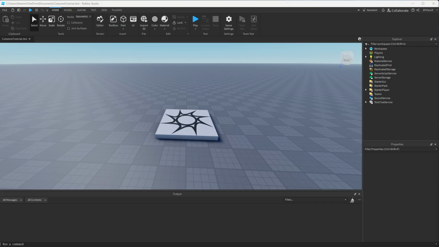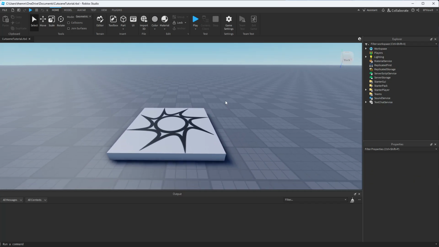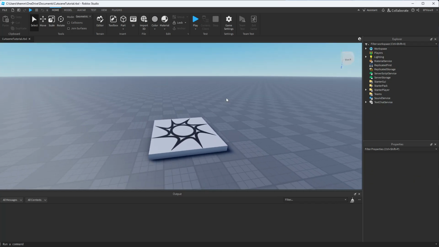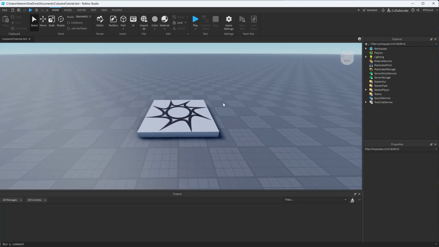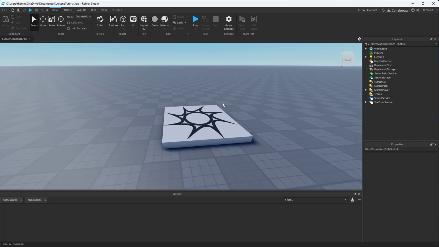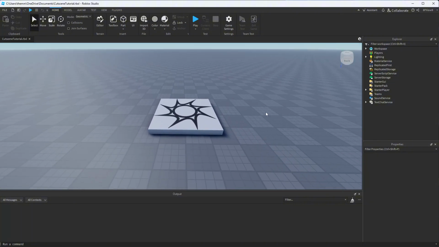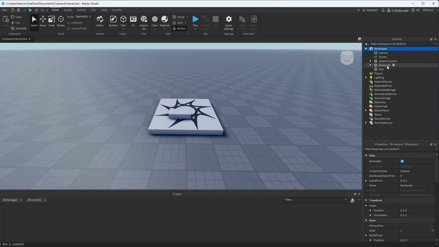Hey everyone, in today's video I'm going to show you how to make this cool cutscene script. Basically, we're going to have cutscenes, and the camera is going to move to the cutscene position. It can be a smooth transition from camera to camera, even the black screen. So let's get started. First thing you want to do is go to your workspace and add a part,